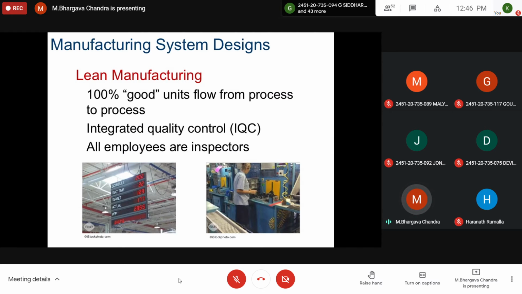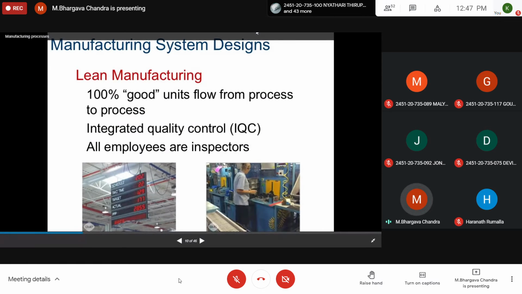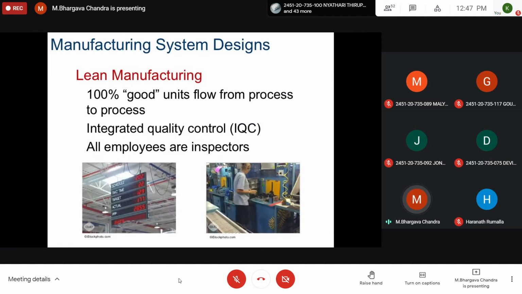But otherwise, in normal industries, what happens? The component will be subjected to various processes. It will be assembled, and after the finished product is completed, the quality assurance department has the headache. They have to approve it. If something goes wrong, again it has to be brought back to production. So here the production people will not be accountable in normal production systems. But in lean manufacturing systems, the production person himself is accountable. So accurate components, expensive components are preferred for the lean manufacturing process, like aircraft components or rocket components.